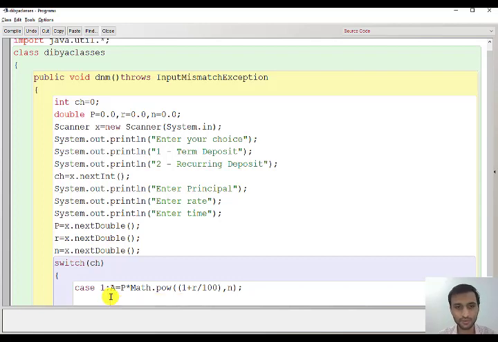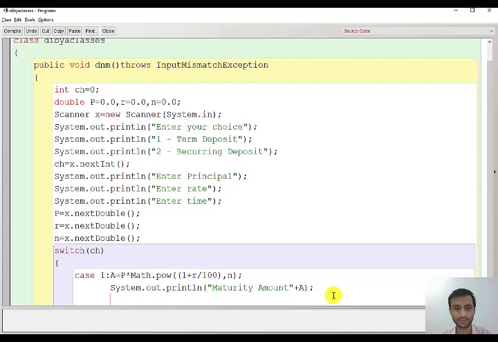Then after calculating, you have to print it, and you can write maturity amount plus A. Done. And then you have to write the break statement.